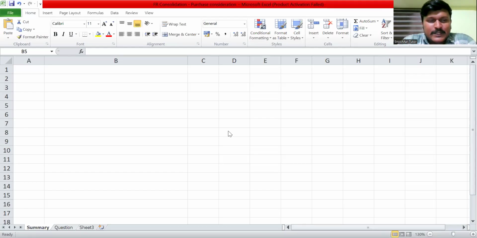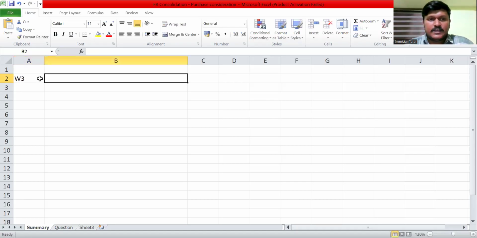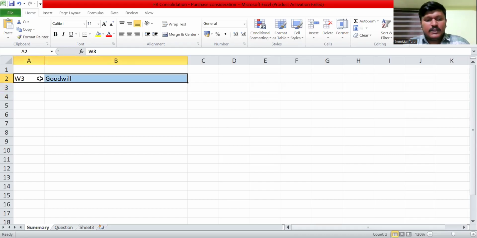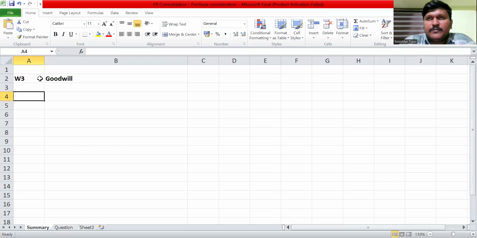Hi all, welcome back. Today we are going to discuss purchase consideration during a consolidation of a subsidiary. Before that, let's consider our working number three, which is normally our calculation of goodwill during a consolidation. So, what is goodwill? Basically, when we go for the calculation, we will be buying